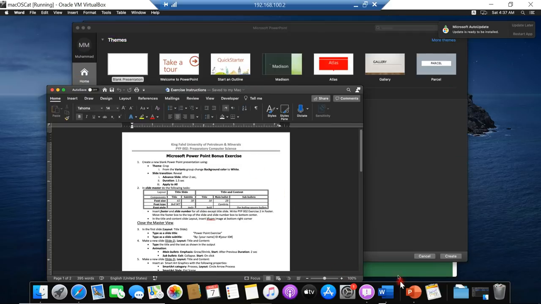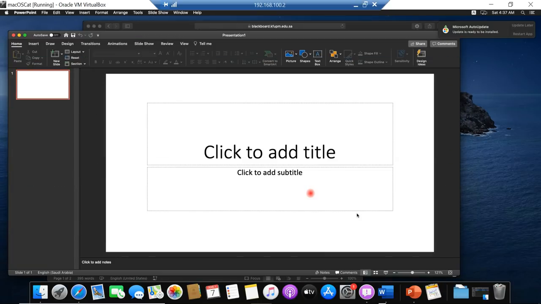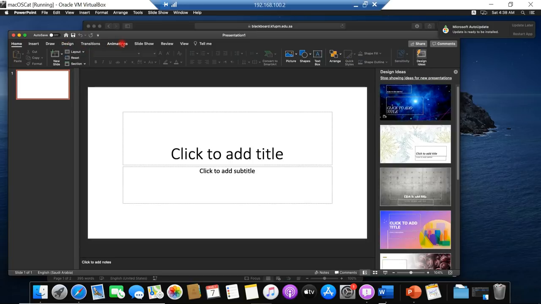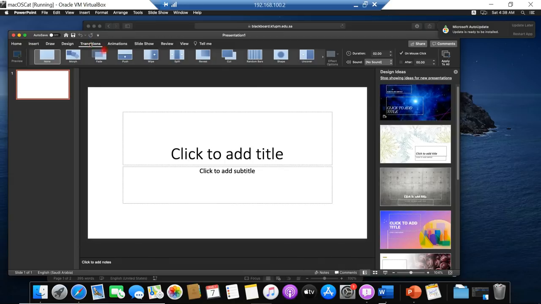So let's see, I have this blank presentation in PowerPoint. You will see here the animations tab. If I go to the transitions or the animations tab, the transitions tabs are pretty much similar to what you see in PowerPoint, but